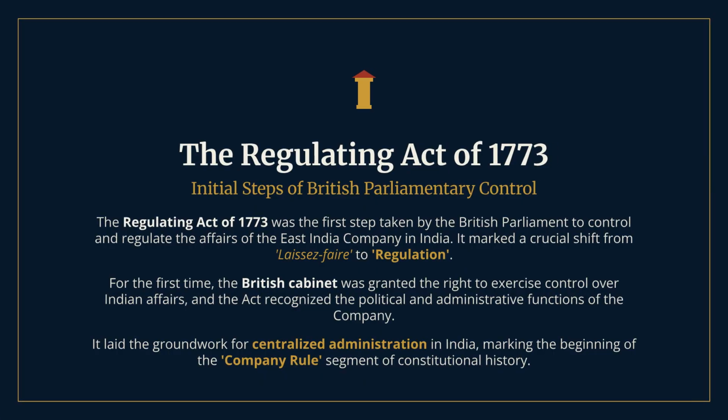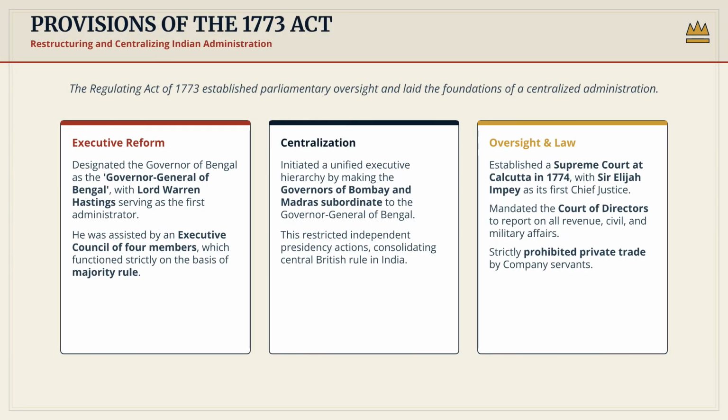It moved the British government from a policy of laissez-faire to direct regulation, establishing the foundation for a centralized administration and marking the beginning of official company rule in India. Key provisions of the 1773 Act included creating the post of Governor General of Bengal, with Warren Hastings serving as the first administrator. It also centralized control by subordinating the presidencies of Bombay and Madras, and established a Supreme Court